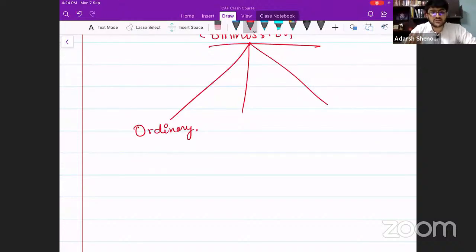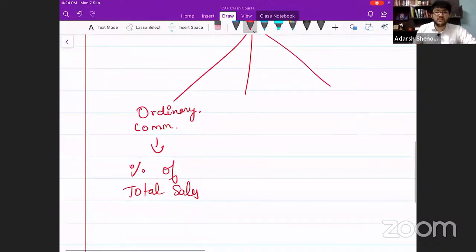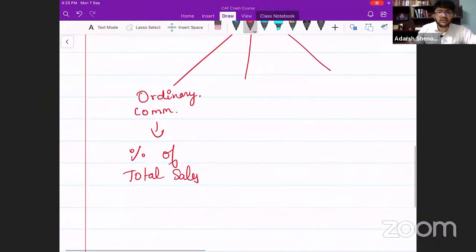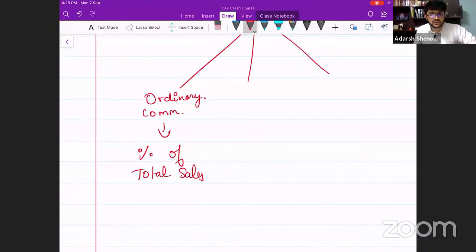No matter what, it is always paid by the consignor to the consignee. It is calculated as a percentage of total sales. Total sales here means cash sales plus credit sales. This is ordinary commission. Are you all clear on this? Yes. The second type of commission is known as